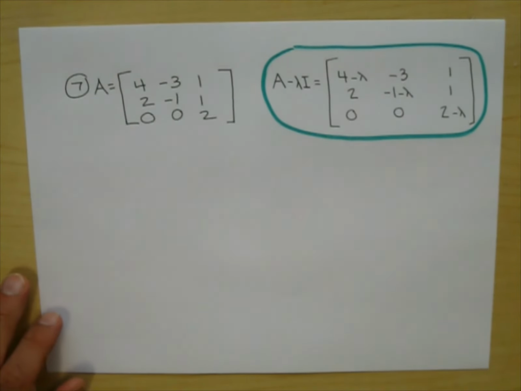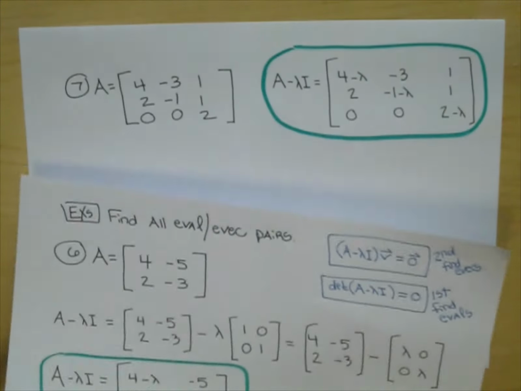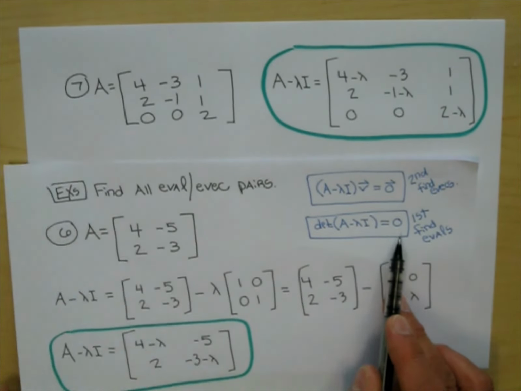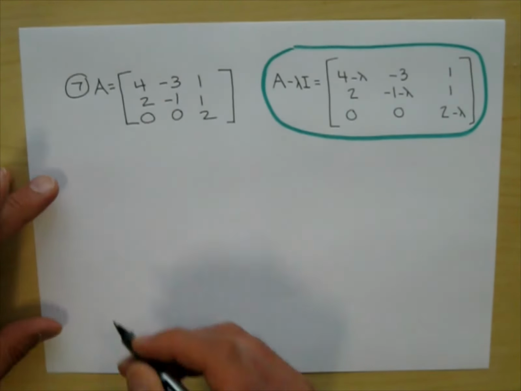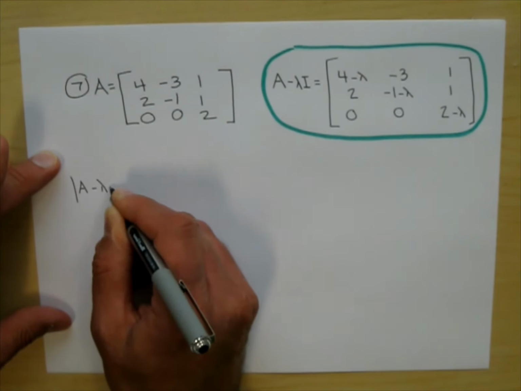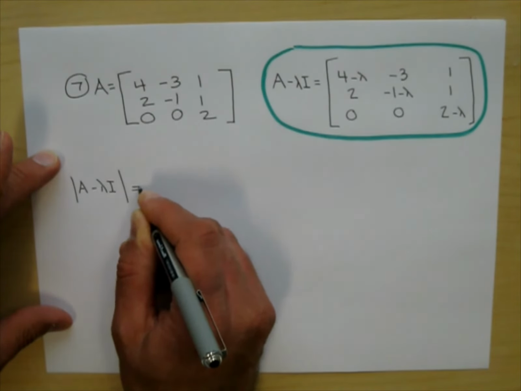And what I'm going to do is take the determinant. So notice I'm doing this part first. The determinant of that, set equal to 0. So the determinant of A minus lambda I equals,